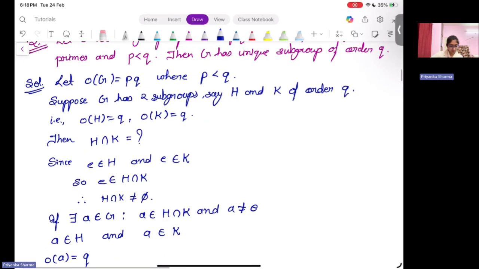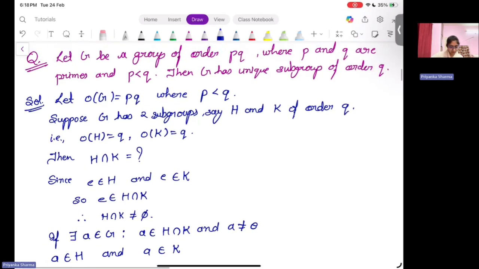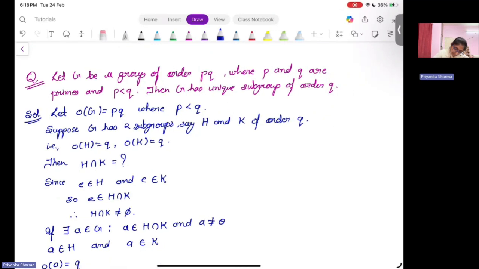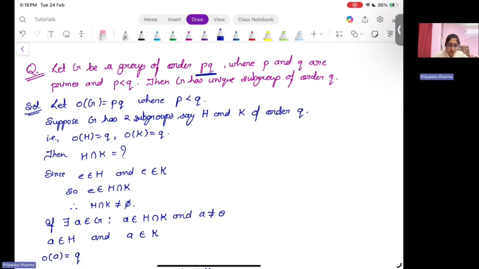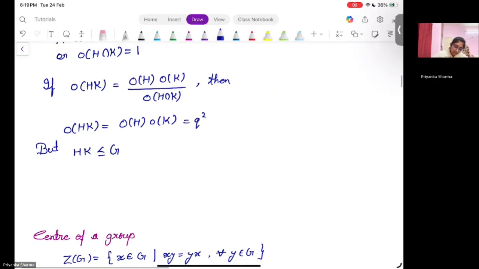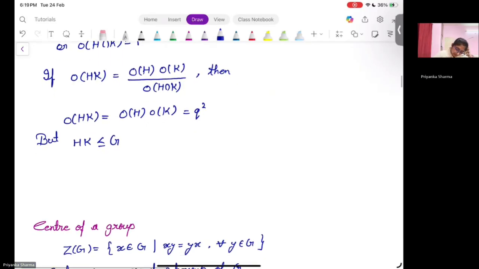Till now we haven't discussed what will be the form of group, and for a given natural number n, how many groups will be there up to isomorphism, and what will be the form of that. So that's why, okay, fine. We will come to this in a later section again, like what will be the form of group if its order is PQ, but still, if this HK is a subgroup of G, then